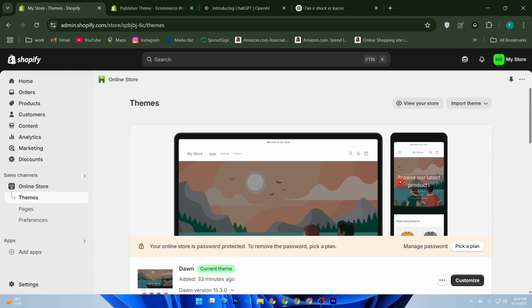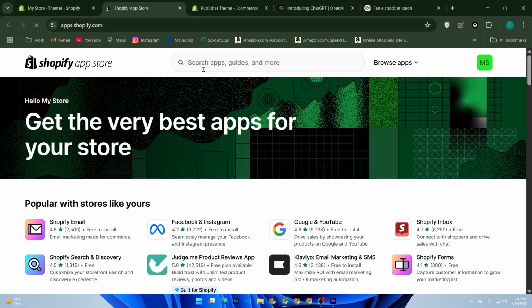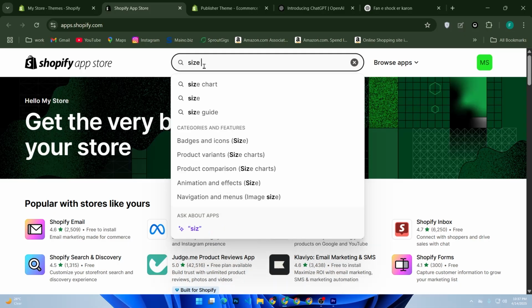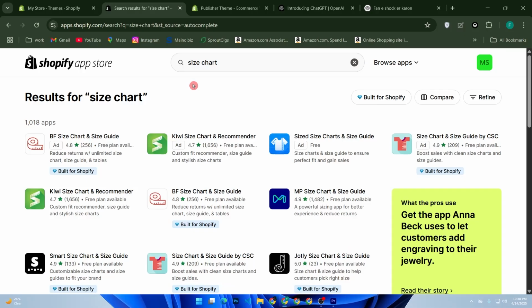Want more advanced charts with images, pop-ups and auto matching per product? Go to the Shopify App Store and search for size chart or Kiwi size chart and recommender. Install it